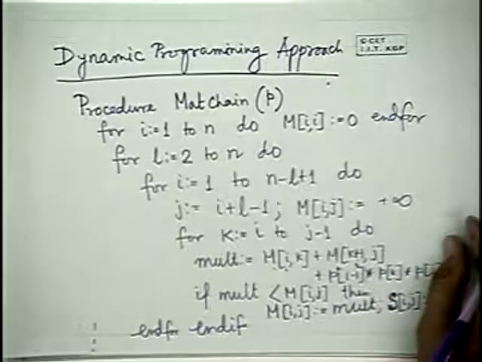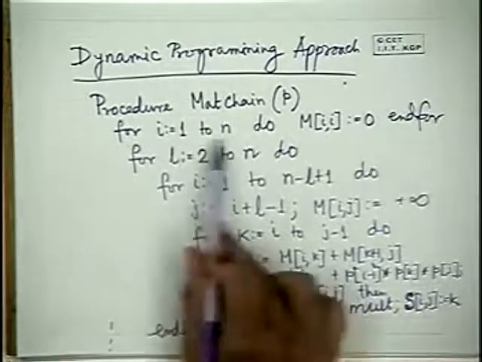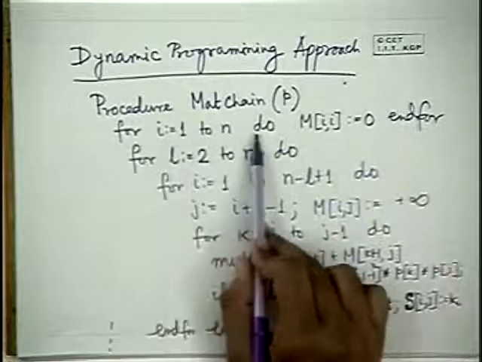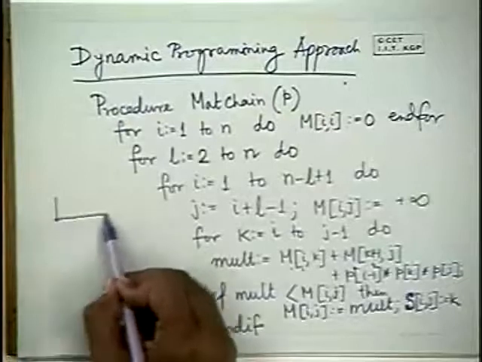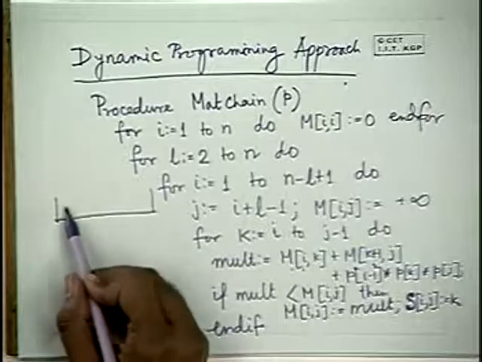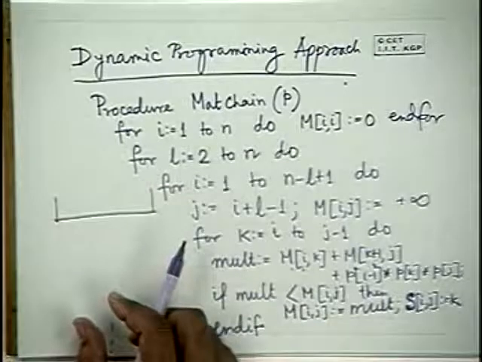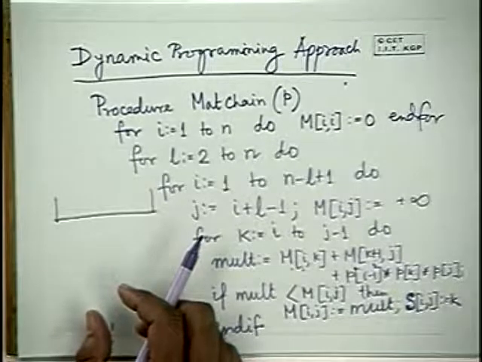Now let me tell you what is the basic method, what it is doing actually. Initially this is just an initialization, this step, nothing much. You are just putting all the diagonal elements of this two-dimensional matrix as 0, where you are keeping all these intermediate values. Now, pictorially, roughly it means this L is running from 2 to n. So what it is doing, L will tell you what is the length of the matrices which you are trying to take care of now. How many matrices together you are trying to take care of now.